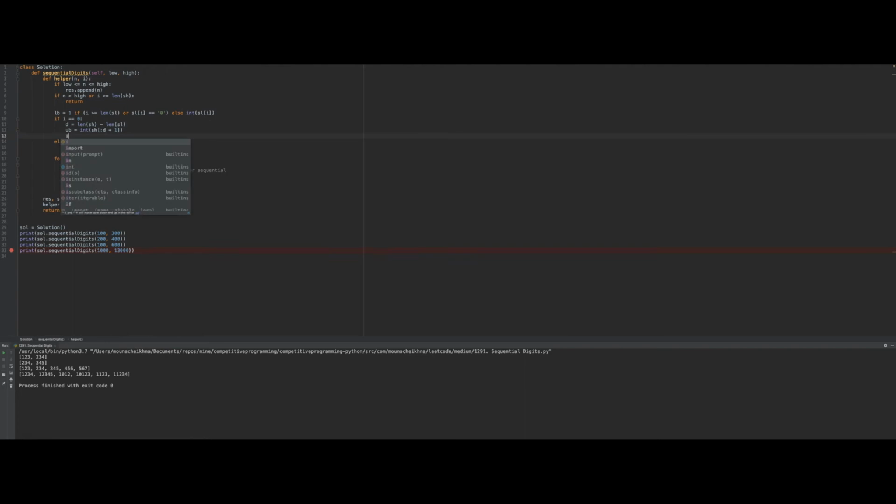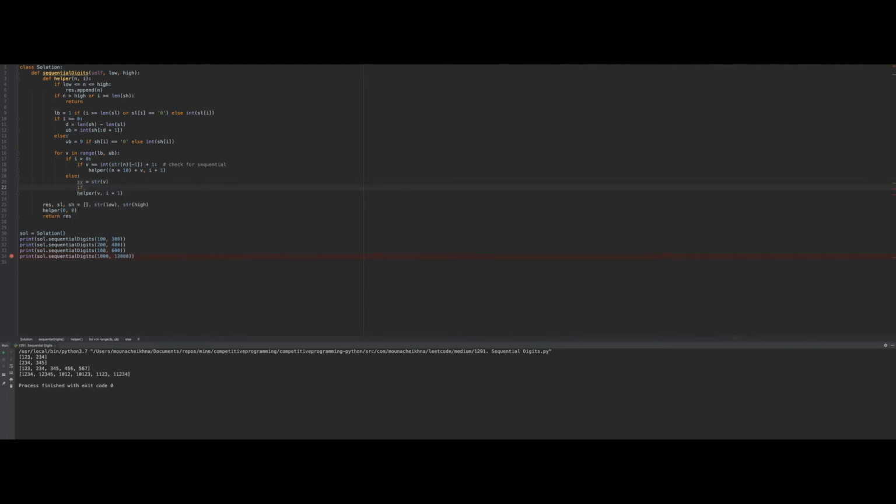So I need to check if... so here is only if v. So, okay, it's becoming complicated. So only if the length of sv is equal to 1, or if it's a sequential one, which means sv of 0